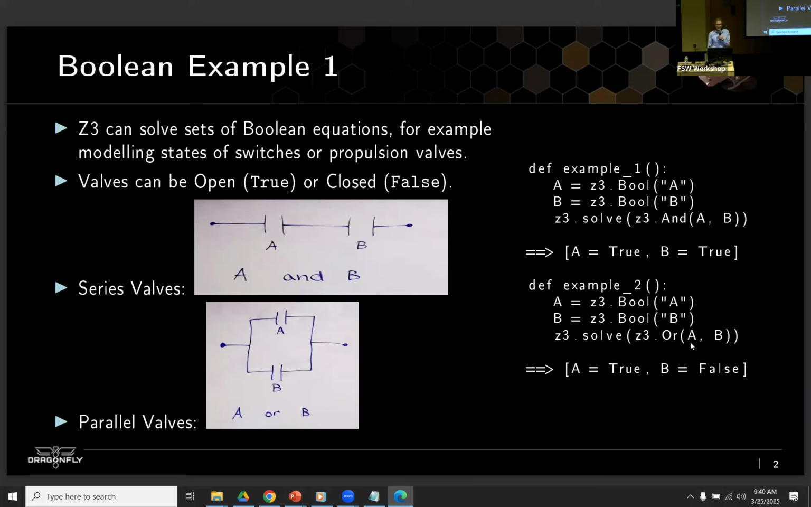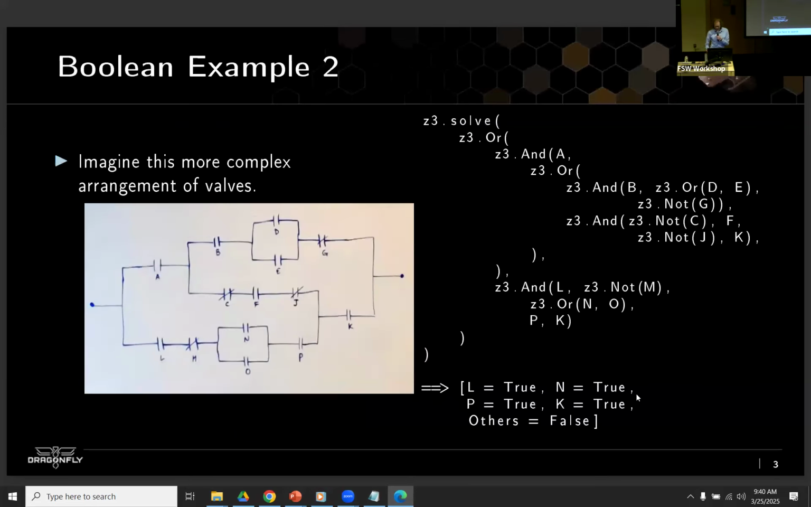And it will say, yes, I can. Just set A to true and B to false. So that's a very simple way of interacting with Z3 and the Python bindings. And you can do this for more complicated sets of valves, way more complicated than this. This is still an embarrassingly simple use of Z3, but you can ask Z3 to solve a more